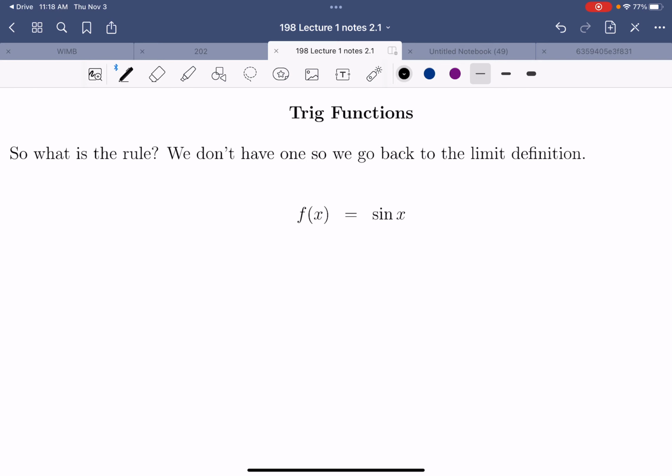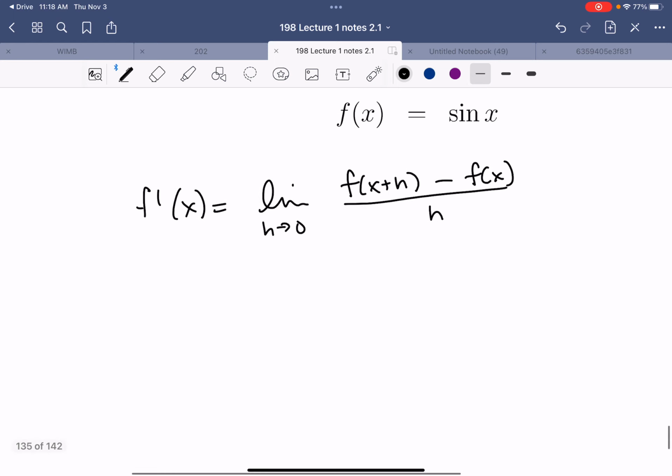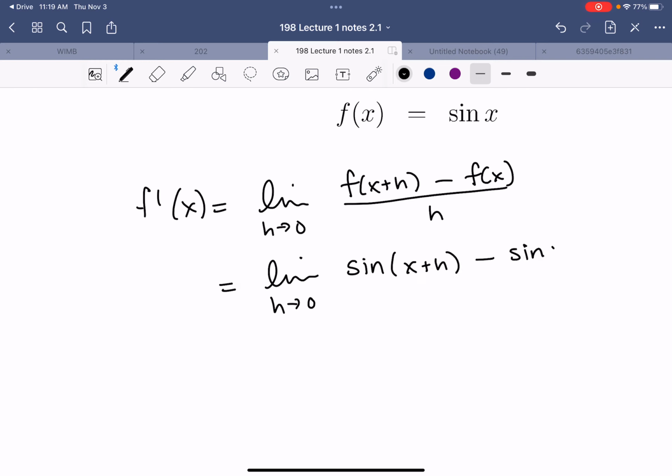When we don't have rules, we go back to the drawing board. We go back to what we know, which is the definition of the derivative. We know that f prime of x is the limit as h goes to 0 of f of x plus h minus f of x all over h. So that's what we're going to do here. If we apply that to our sine function, then we're plugging x plus h into our sine function. So the limit as h goes to 0 of sine of x plus h minus the sine of x all